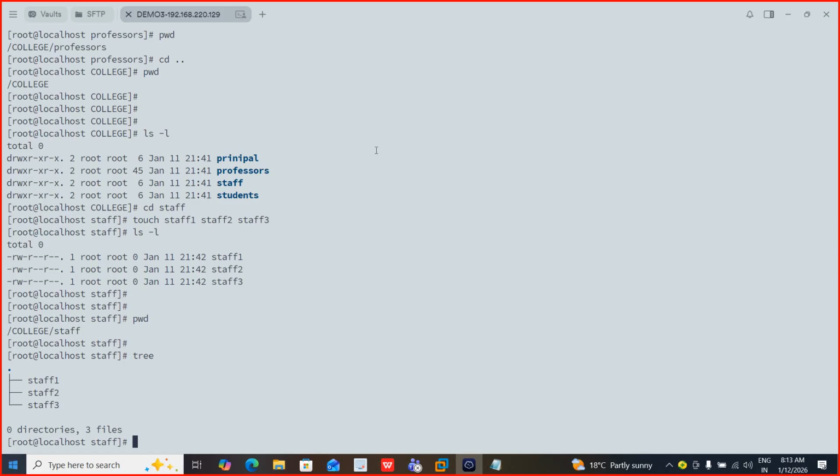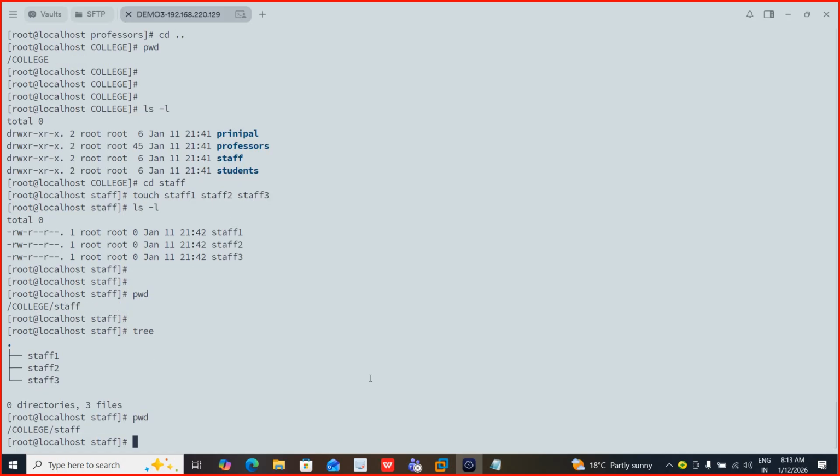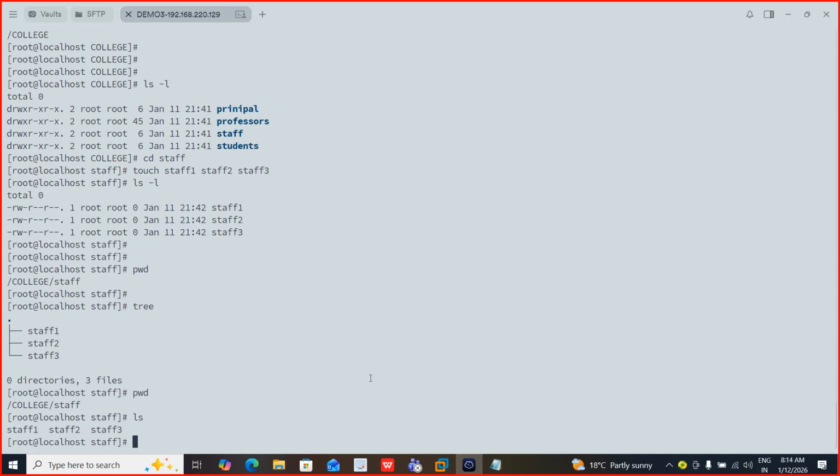Now my requirement is that in this particular data, right now I'm in this directory, professors. There is one file I need to move from here to there. I need to move the file from the staff directory to the professor directory. For that we use the command called cp. cp is nothing but copy. Right now where I'm standing, I'm already in the particular directory. Okay, cp